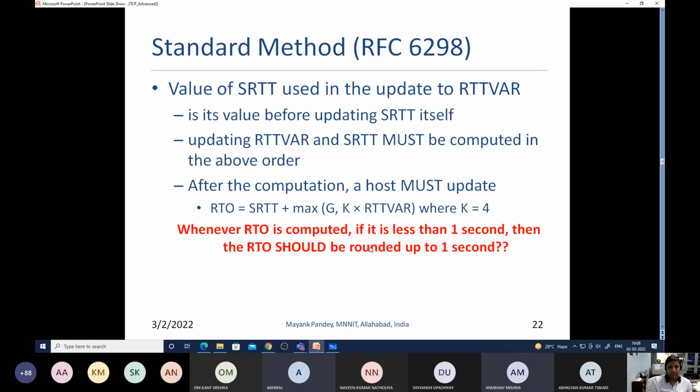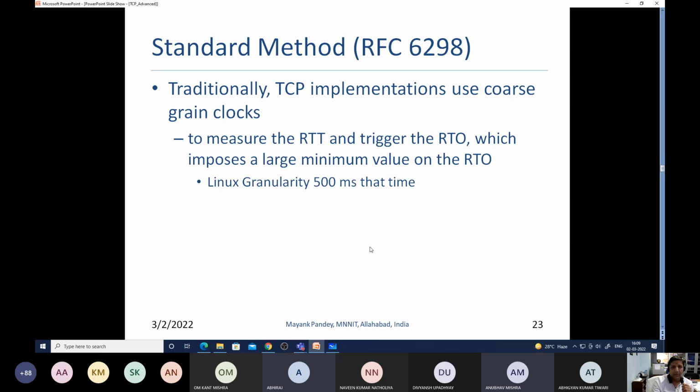After the computation, this is the value. Host must update RTO equal to SRTT plus max of this where K equal to 4. Whenever RTO is computed, if it is less than 1 second, this is again a good rule at that time, then the RTO should be rounded up to 1 second. Now, why this was done and what do we mean by this G thing,